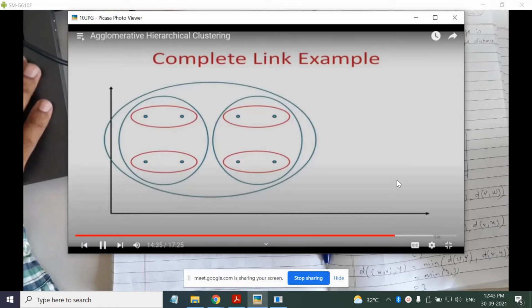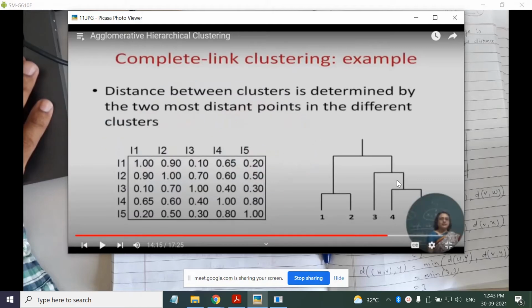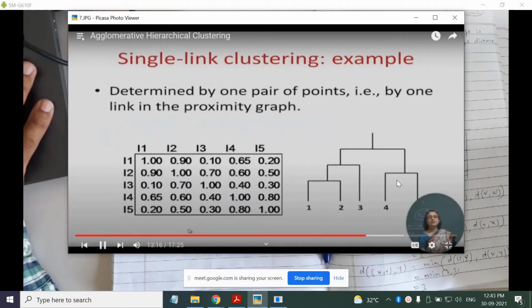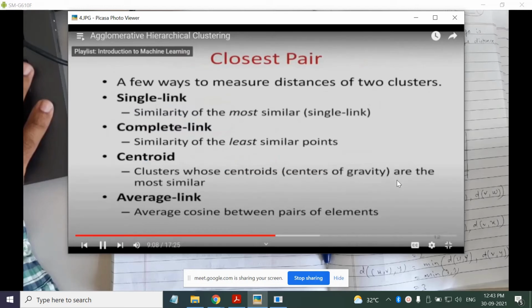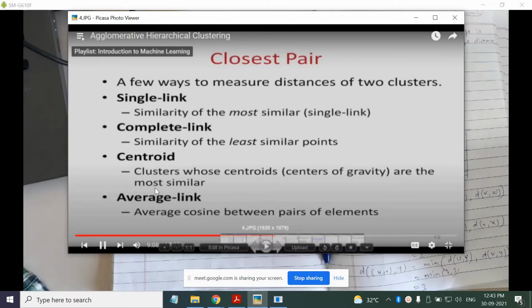So that is the problem with complete linkage, and the compromise between these two is the average linkage. You take the average. The average will have results in between single and complete, so you don't get chaining effect, and it will get less influenced by the noise. So that is all about average linkage. Let us solve one problem based on complete linkage.